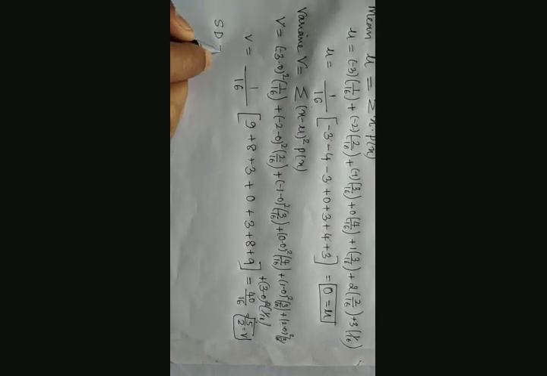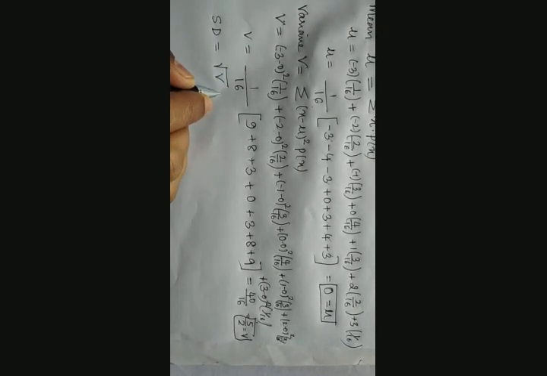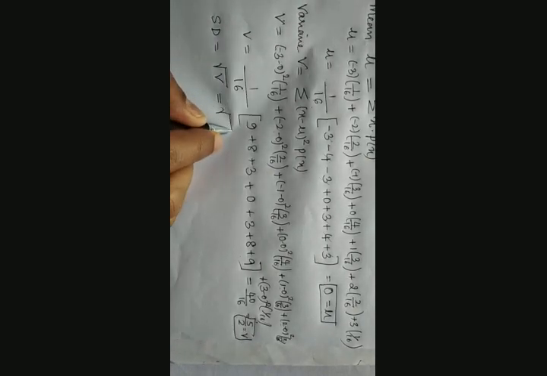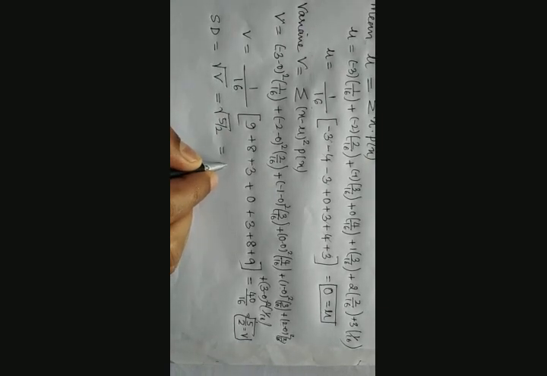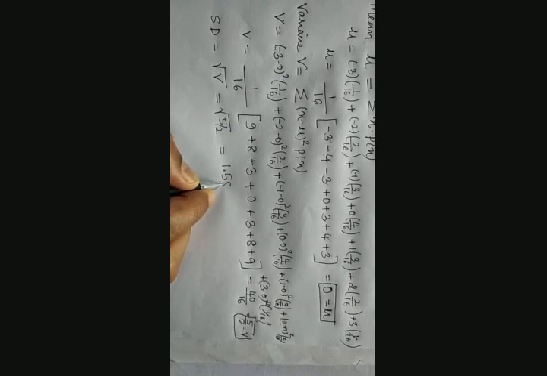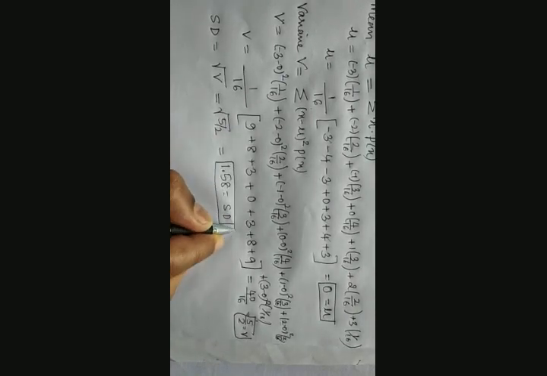Then what about standard deviation? Standard deviation is nothing but the square root of the variance. So that is root of 5 divided by 2. That becomes around 1.58. This is the value of the standard deviation of this example.